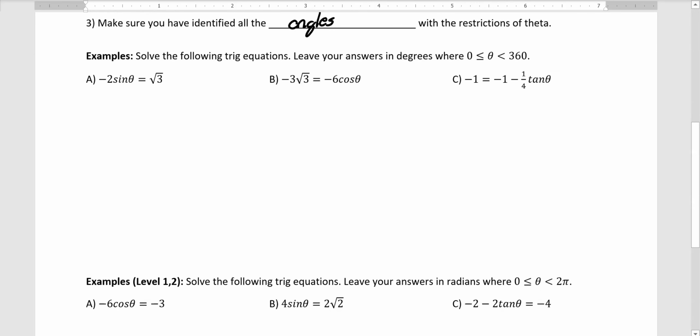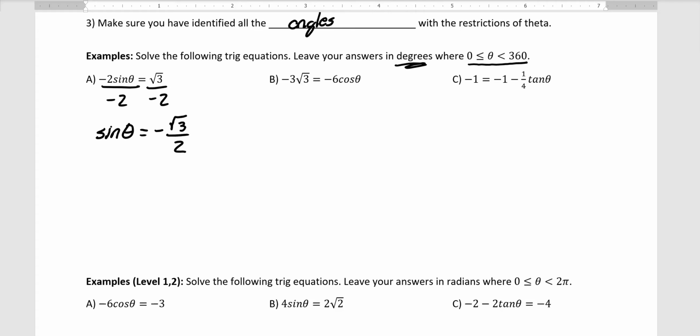Notice it says solve the following trig equations. Leave your answers in degrees where 0 is less than or equal to theta is less than 360. So we want angles between 0 and 360 degrees. First step, isolate the trig function. So we're going to start by dividing both sides by -2. When I do that, I get sine of theta equals